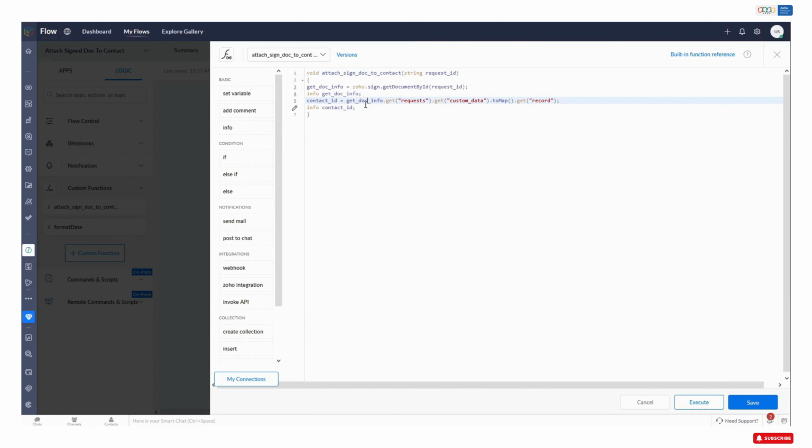The next step, so let's comment this out. Now that we know we have the contact ID, the next step is to download the file. So we can say download document is equal to Zoho, and this time we're going to select sign, and then we're going to say download document, and again we just pass the request ID just like that, and then we're going to say upload document or attach,